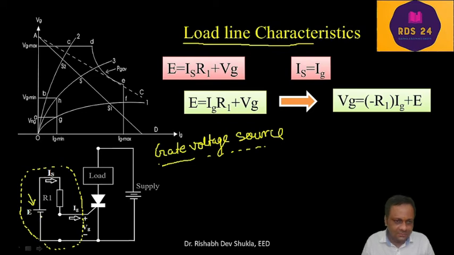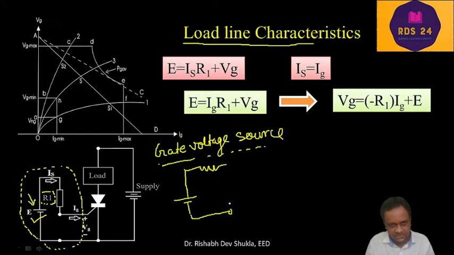So we have this voltage source E here, with an internal resistance R1. This is your R1, which is in series with the voltage source. This is a representation of a voltage source: a voltage source can be represented as a voltage value and a series resistance. So we should know the characteristics of this voltage source first. All possible operating points will be called a load line.